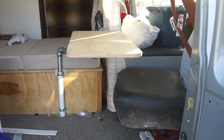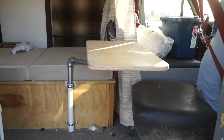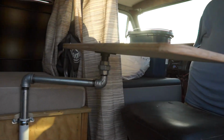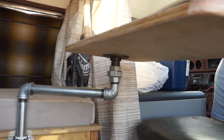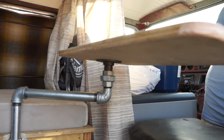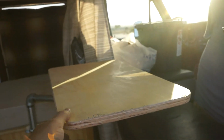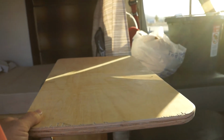This short video is on my multi-use table. I made it with pipe fittings, and I used the pipe union underneath the table there so that I can lock this into position so that it doesn't move. It's a little bit stiffer,